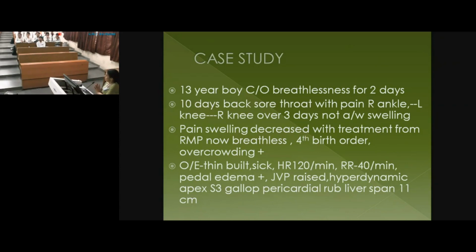What is your first diagnosis? Anyone? What does the child have? I've just taught you the whole thing and given a classical case. Still you are not saying anything. It's acute rheumatic fever. Why? Anyone? Which criteria is he fulfilling? Can anyone answer? Otherwise, I'll just take a random roll number. Roll number 50. 40. You can sit and answer.